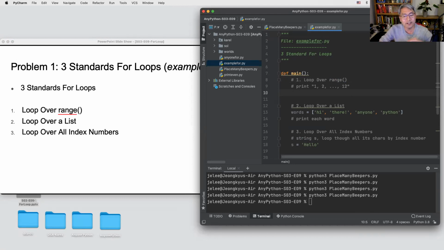If you are done, please give me thumbs up. Then I can see how many of them can solve the problem. You can print 1, next line 2, next line 3, like this. You don't have to put comma 2, comma 3, like this. Who solved the problem? Let's see. Young did. Very nice.